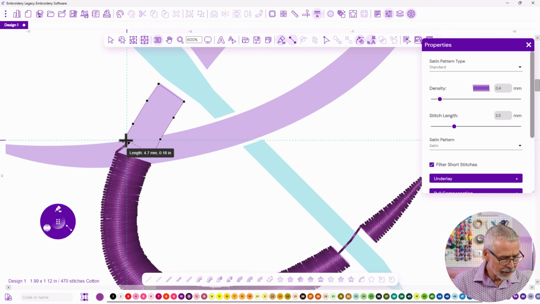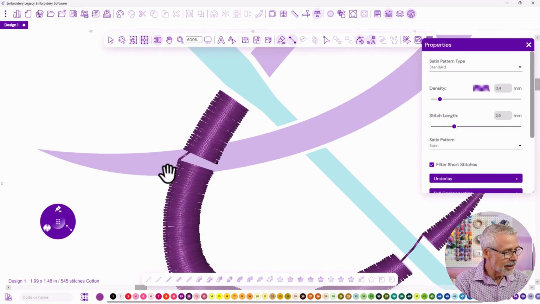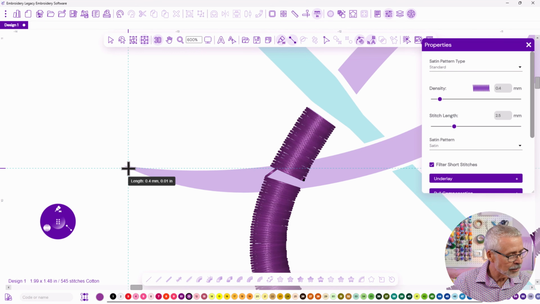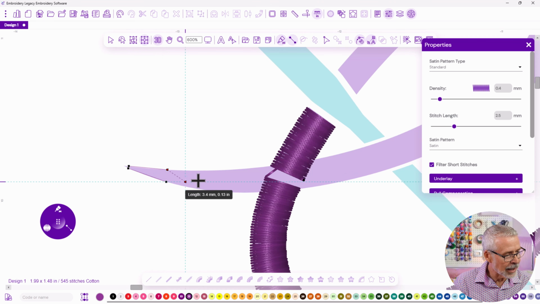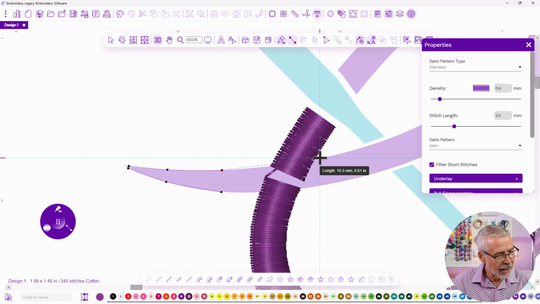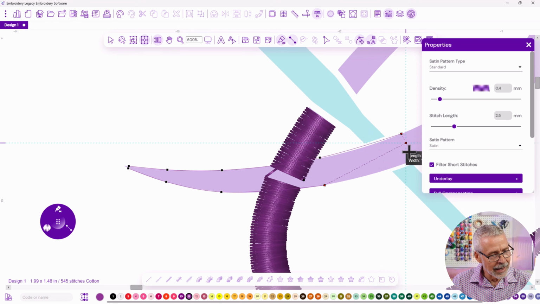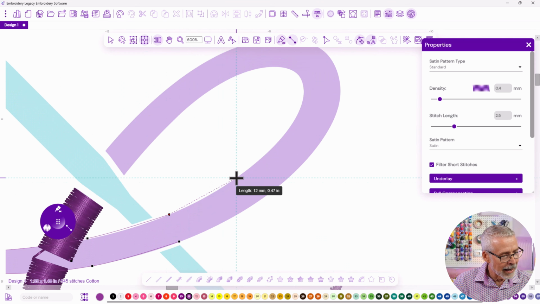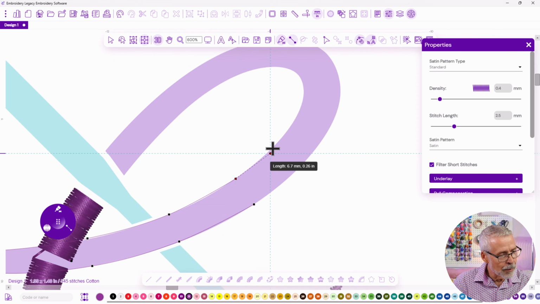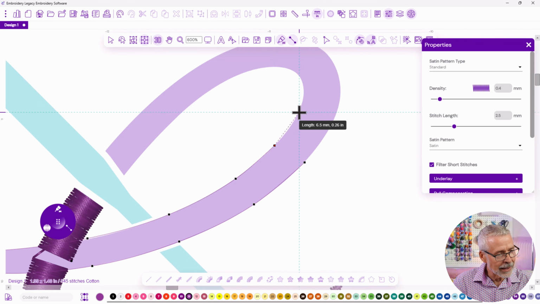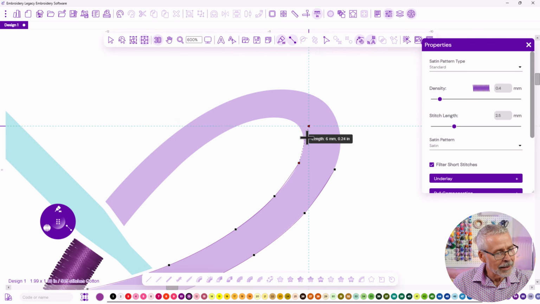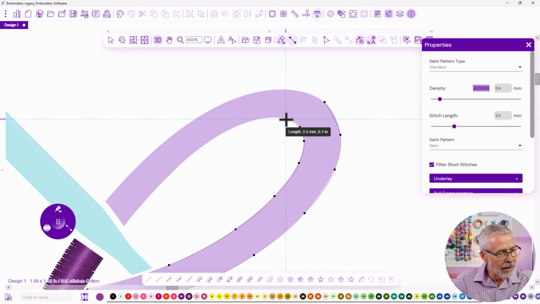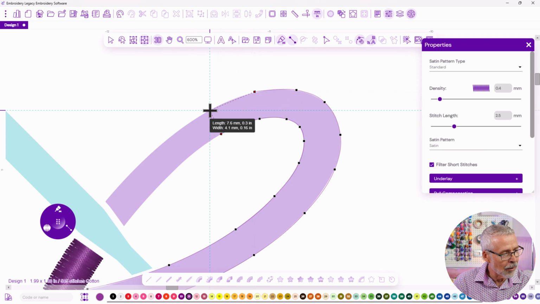Now I'm going to come here, hit enter, and then I just have one more piece to do from here, so I can do the same thing, just use that classic satin, go around this entire design just like this, and because I do have the auto pan feature, I can just pan over and it's going to automatically move within the screen. So as I get to the top, if I want to pan up a little bit, I just sort of tap towards the top side of the screen, and it will adjust itself to move in that direction. So I'm going to continue to go all the way around